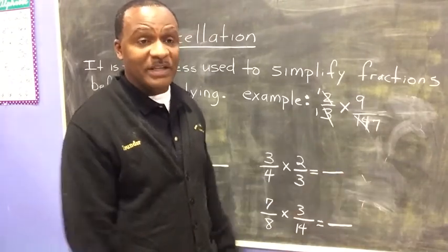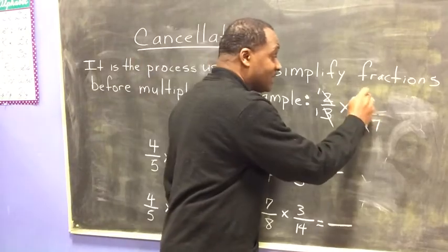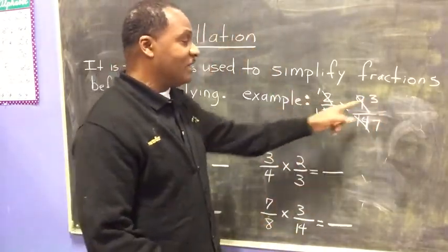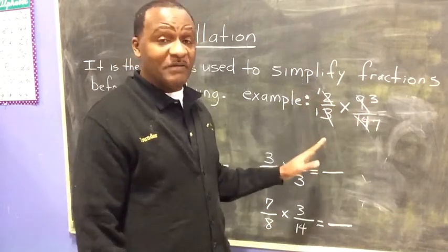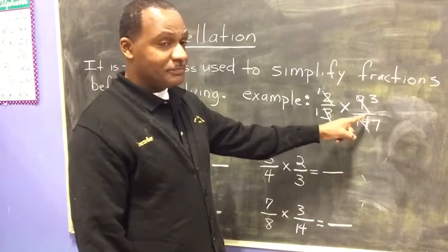How many 3's are in 9? Yes, go ahead, Brianna. 3, yeah, there are 3 3's in 9. So I'm going to cross this out and I'm going to make this a 3. Now I have 2 different numbers here which are equivalent fractions, and these equivalent fractions here can be multiplied times